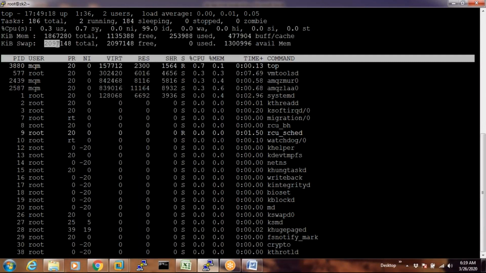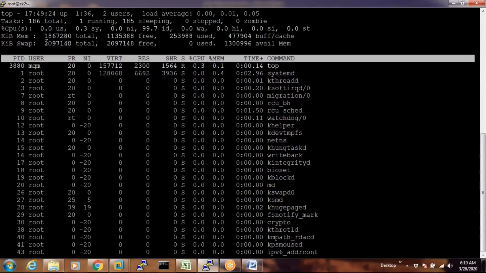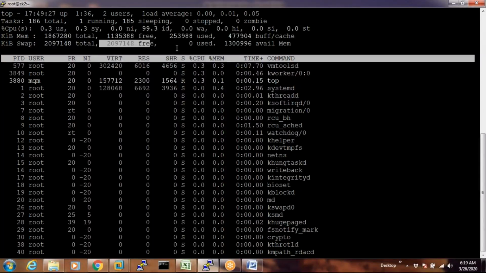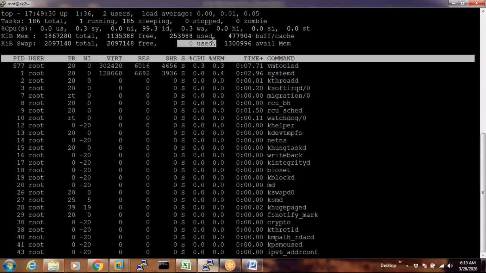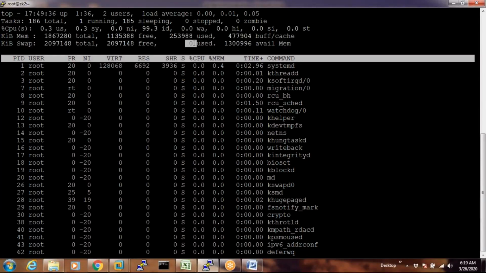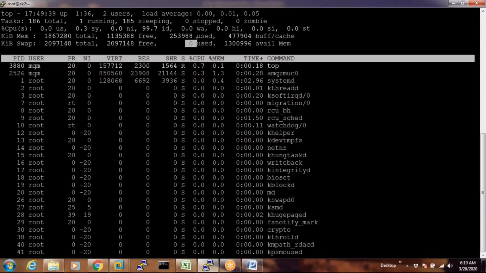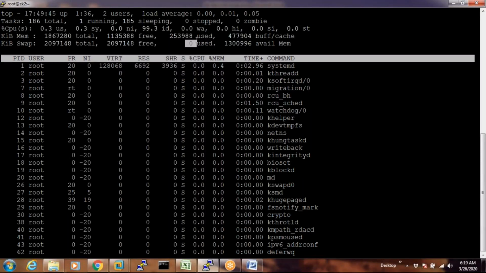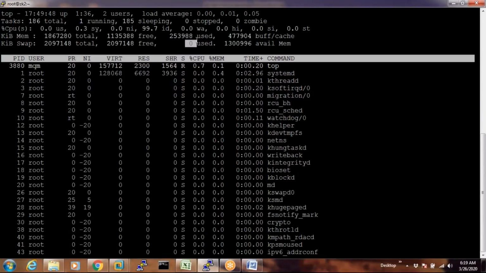So out of this is 20 MB. No, this is 20 GB. Out of 20 GB RAM, 20 GB swap memory, 20 GB is free, 0% is utilized, which is 100% healthiest. So the thumb rule is the swap memory should not cross beyond 30%. It should always be below 30%. If the swap memory goes more than 30%, then there might be a memory leak happening inside the operating system, inside this server.